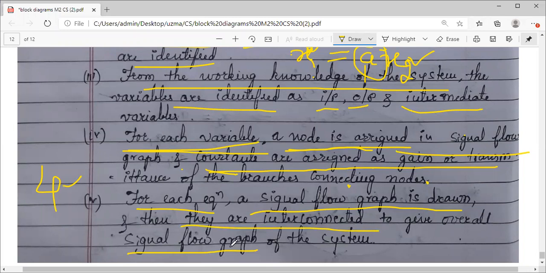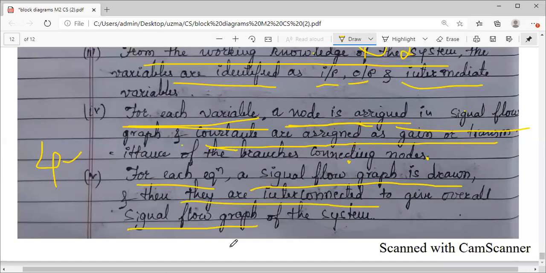We will see one example, then you will understand how to construct the signal flow graph. I am taking one example where 4 equations will be given to you directly. No Laplace transform, no differential equation, and no reduction. Just directly the set of 4 equations are given to you. From those equations, how to construct the signal flow graph, I will take that one example in the next session.